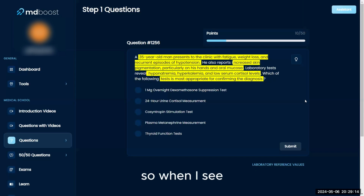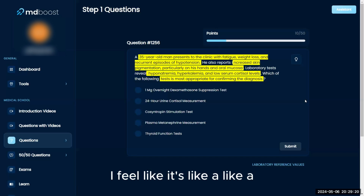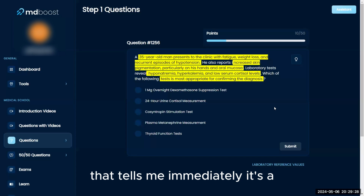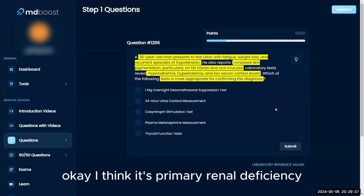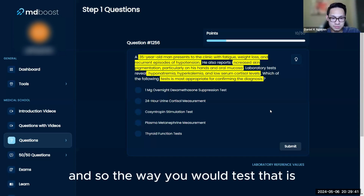So when I see fatigue, weight loss, and recurrent hypotension, I do think of an adrenal issue, maybe a thyroid issue or an adrenal issue. And I see increased skin pigmentation. That tells me immediately I believe it's Addison's disease. Is it Addison's? Primary adrenal insufficiency. So that's Addison's disease. And so the way you would test that is